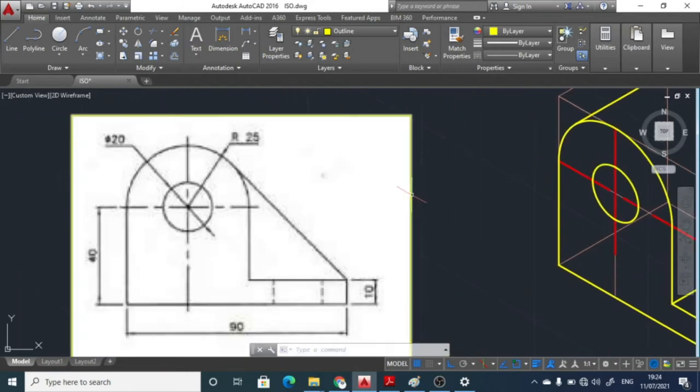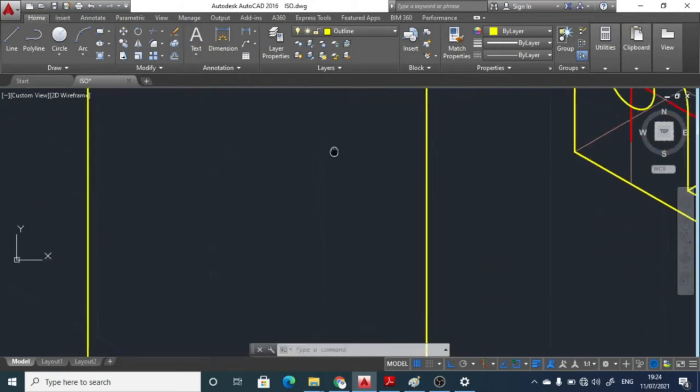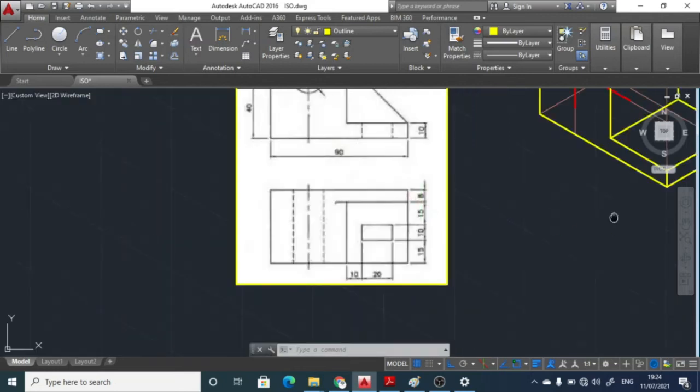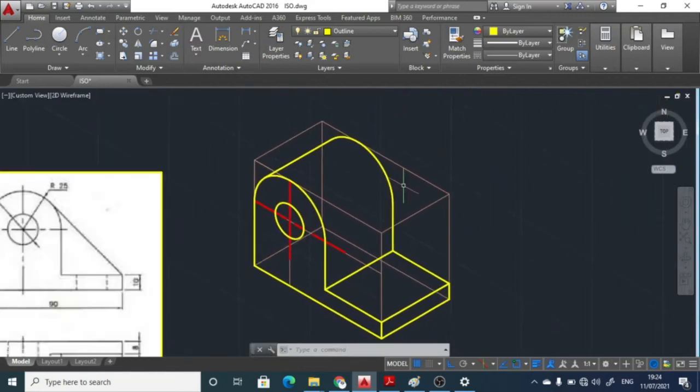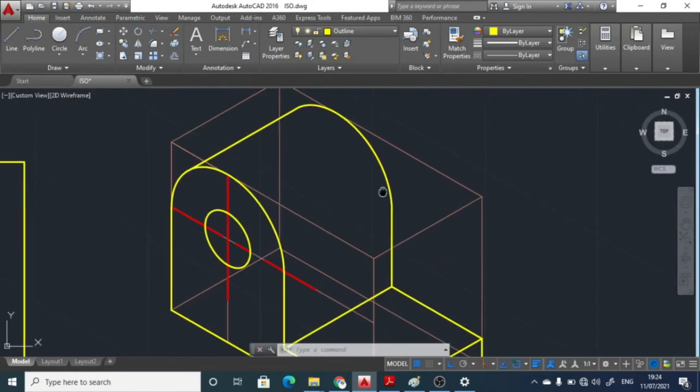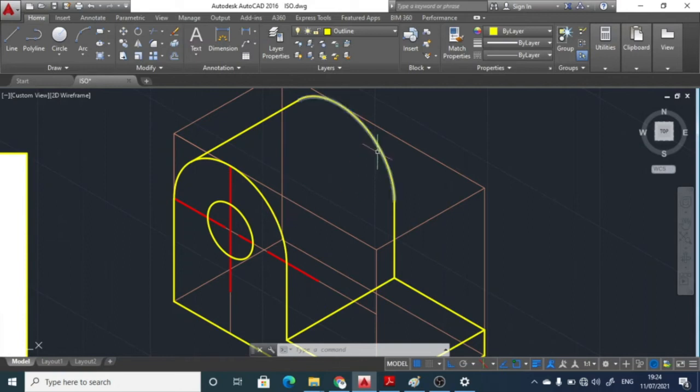Before we draw this rib part, we have to identify the thickness of the rib. In this diagram, 8 mm is given as the thickness of the rib. So we go towards this diagram. Instead of drawing the rib directly, the first thing we can do is copy this curve. This curve will be copied at a distance of 40 mm, because 48 minus 8 gives 40 mm. So we can activate the copy command.